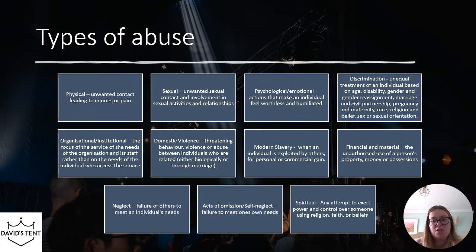There's a couple of extras that aren't in the boxes, but I'd just like to give you some information on. Especially because it can affect teenagers and some adults as well, and some children. There's this thing called county lines, which is all about the movement of drugs between counties, and then within the county itself, and to do with the phones that are used to distribute their product, shall we say. It's actually quite a big thing in the southwest, which is where we are for David's tent this year.